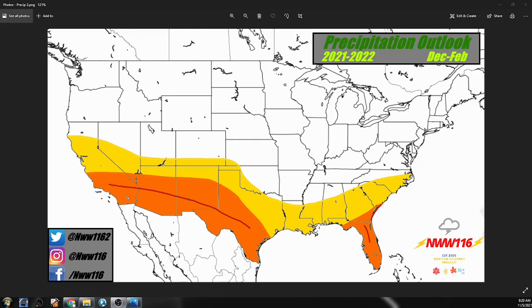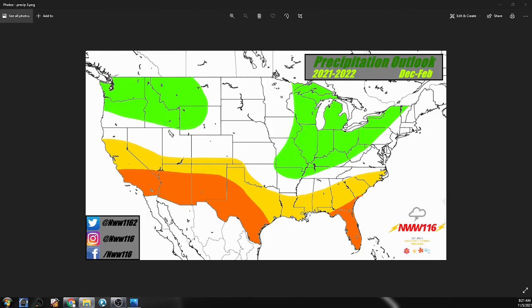So let's go and take a look here at the above average precipitation outlook, and we'll see what's in store for the rest of the country. Okay, so here are the areas where we are more confident that the precipitation will be well above average. This does include bits of the Midwest, moving into the Northeast, as you can see. This does move into the upper Northwest as well. We do have another shade of relatively above average precipitation expected for much of the Northwest.